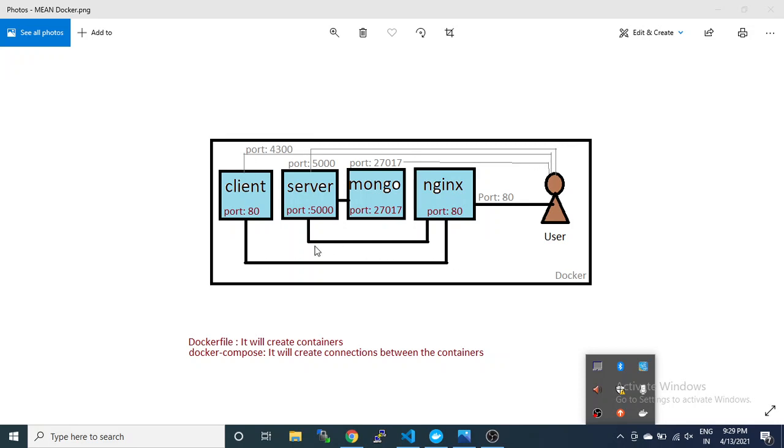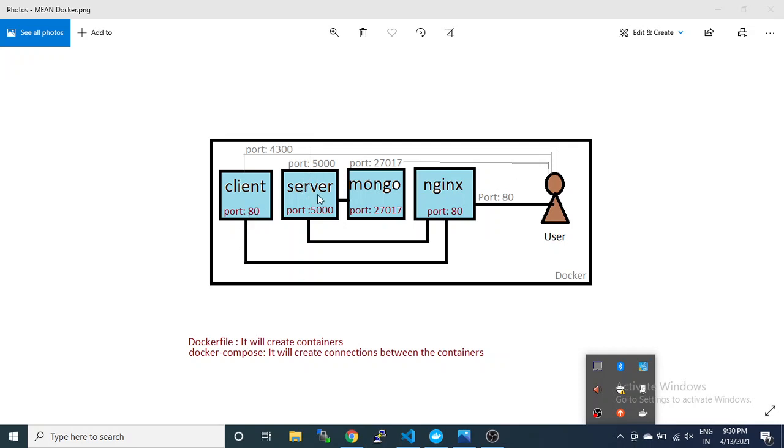According to the image, you can see that the client is exposing port 80 and the user is able to connect with the container on port 4300. So the user can't connect with port 80.